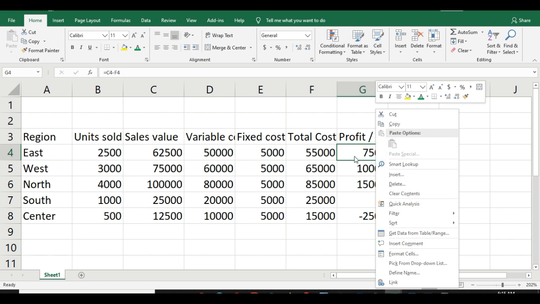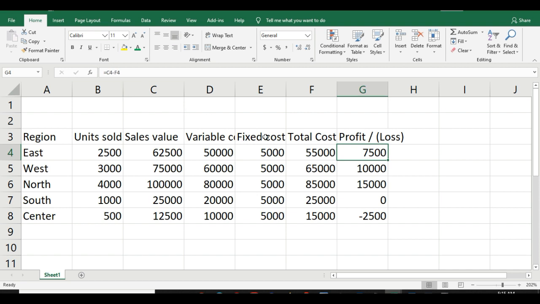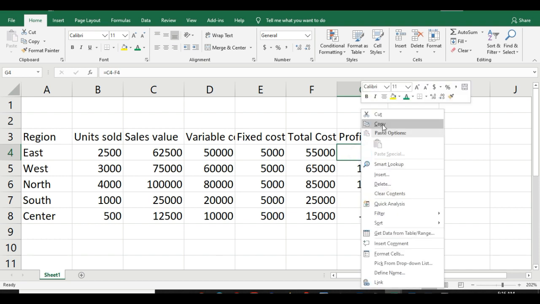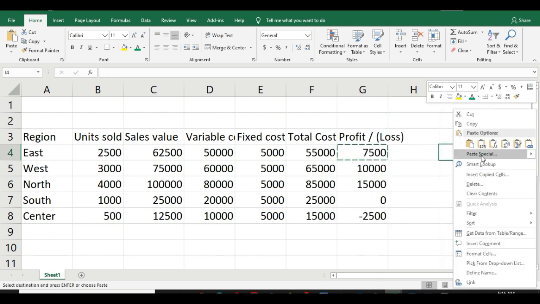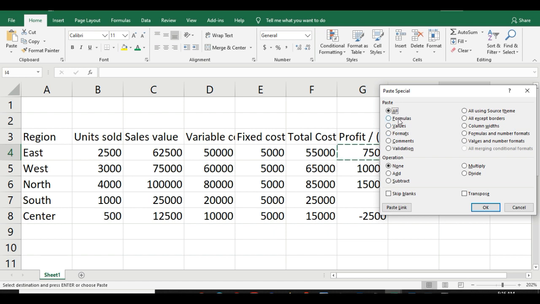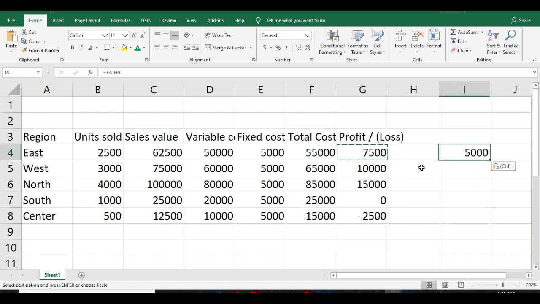Suppose I want to copy the same formula. Here the formula is C4 minus F4. C is the fourth column, counting 1, 2, 3, 4, and F is the previous column. So I want to copy the same formula here. Copy, Paste Special, and Formulas. The E4 means the fourth column, and H4 means the previous column.